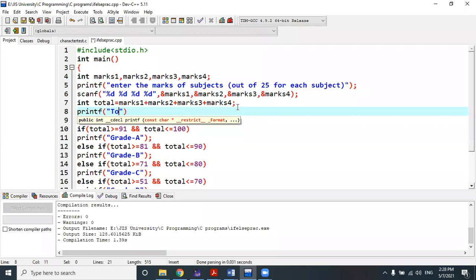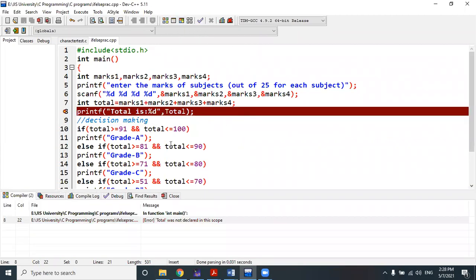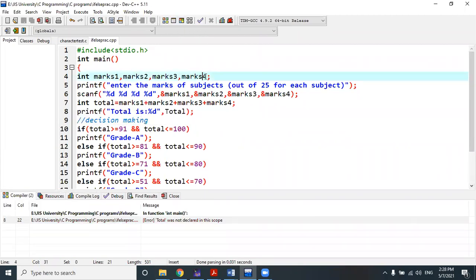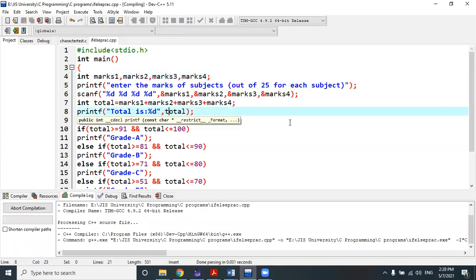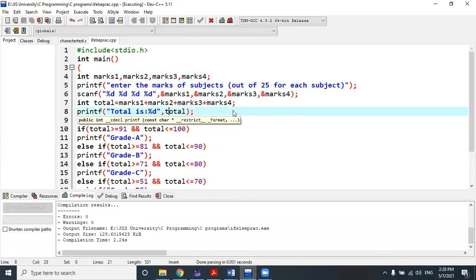Yes, sir. Total ta print kora bole subidha. So try to do your program in such a way that it should be clearly understandable by the reader who is actually reading your program. While you are appearing for any technical interview, you should do it in such a way that it should be clearly and easily readable by the reader of your program.